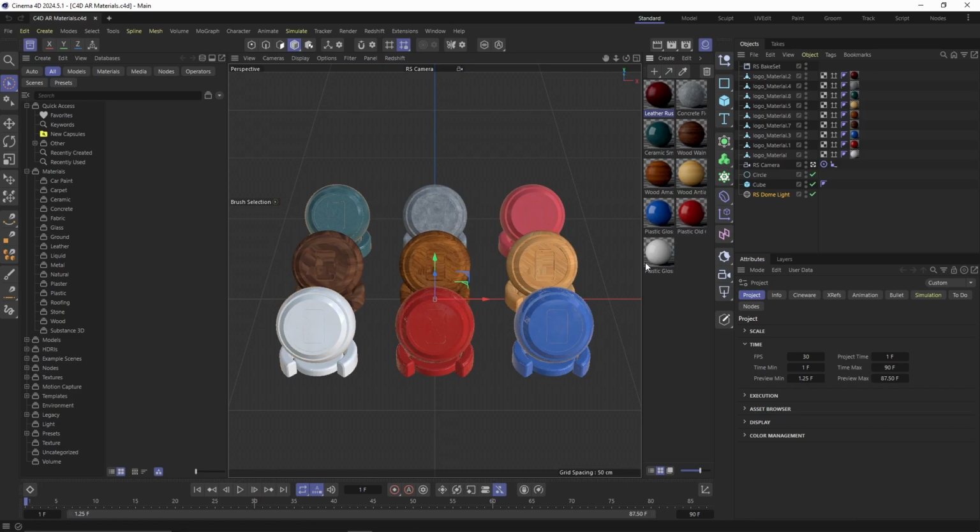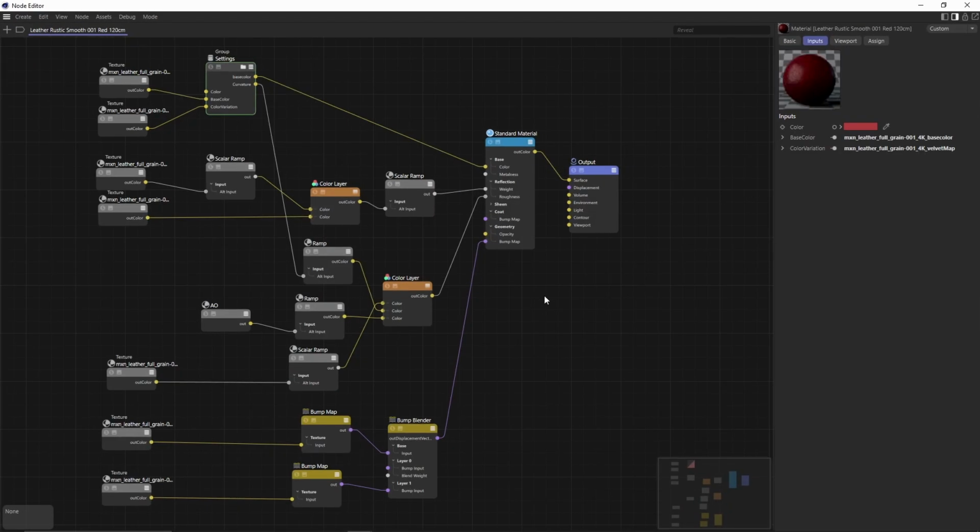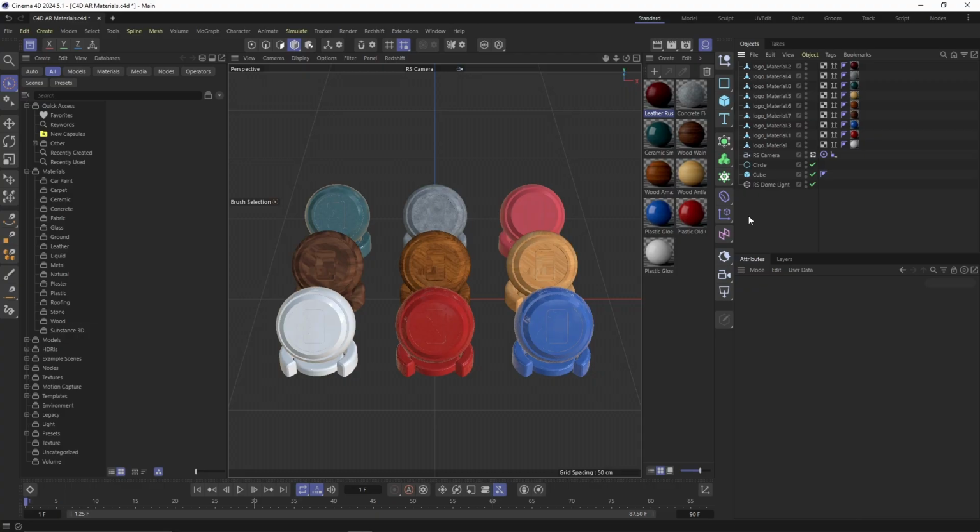Texture baking. Let's go back to Cinema 4D and open the leather material. We notice that it is a complex material, with numerous parameters generated or modified by Cinema 4D's render engine. Let's see how the baking technique can help us in this situation. The technique consists of rendering some properties of an object, not on a frame, but on a texture, so it can be used later. In our case, we will bake the base color and then use it in My AR Studio. Click on the Redshift menu and select